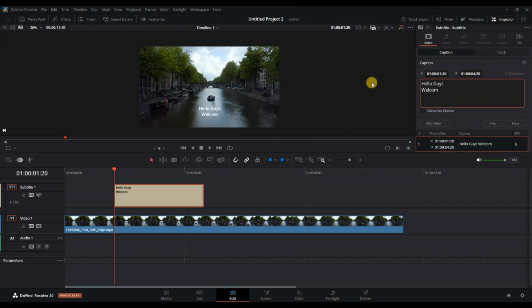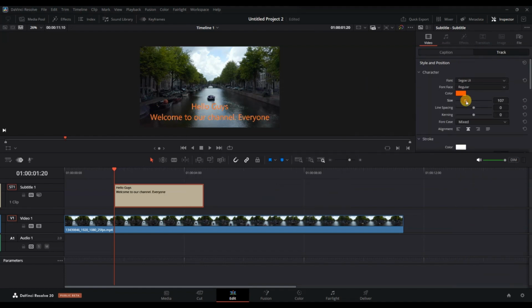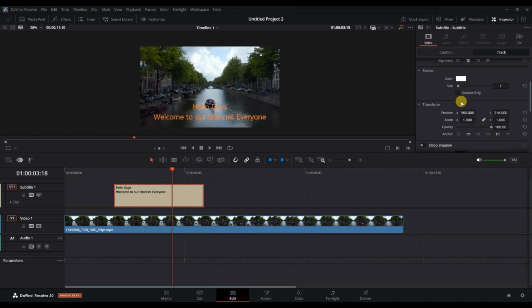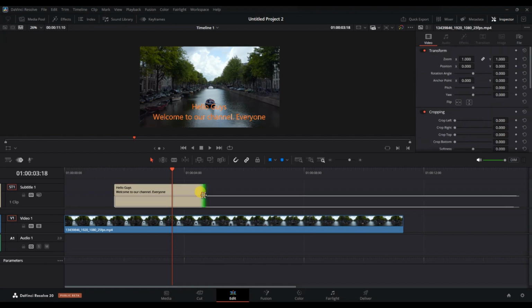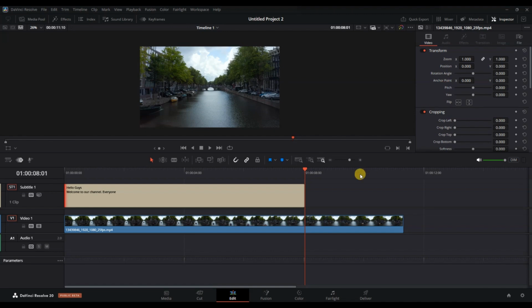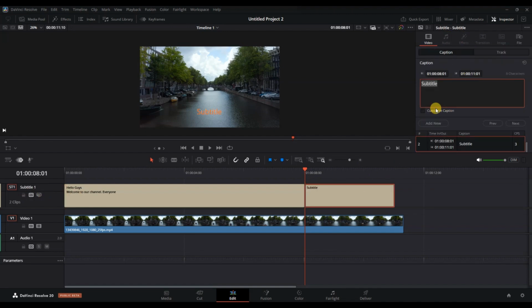You can adjust the font, size, color, and position of the caption to make it look exactly how you want it on the screen. Make sure the text is clear and readable against your video background. Then, drag the edges of the subtitle clip in the timeline to adjust how long the caption stays visible on screen. You can add multiple captions by clicking on Add New and syncing the captions perfectly with the audio